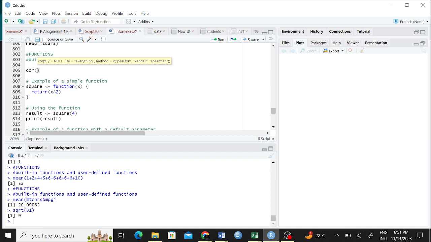You can do even ANOVAs and things like that to generate the outputs that you want. So what I mean is there are thousands of functions. You can even check the exact number. Ask how many built-in functions there are in R.